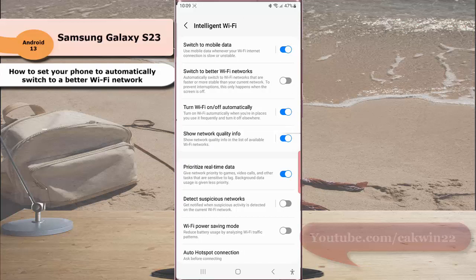Now tap the gray on/off switch next to Switch to better Wi-Fi networks to enable this option. When the switch turns blue, it means that this option is on. When this option is on, your phone will automatically switch to Wi-Fi networks that are faster and more stable than